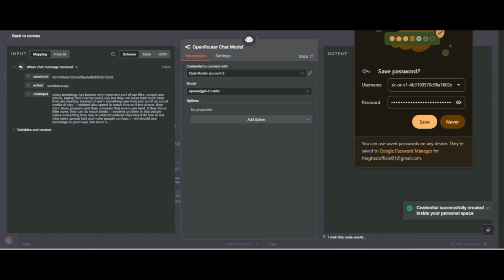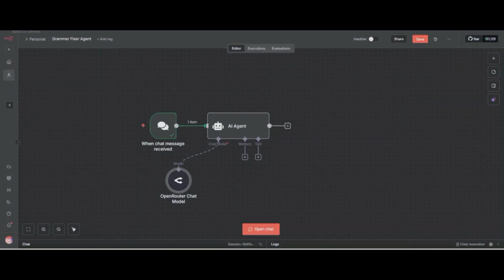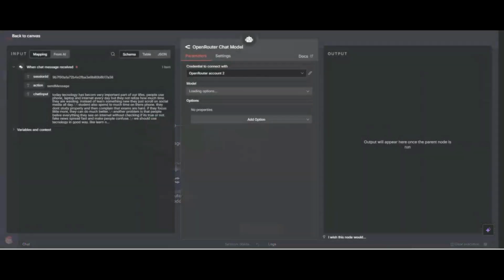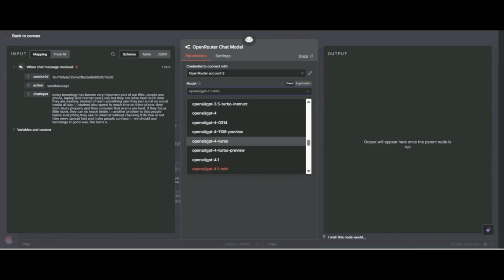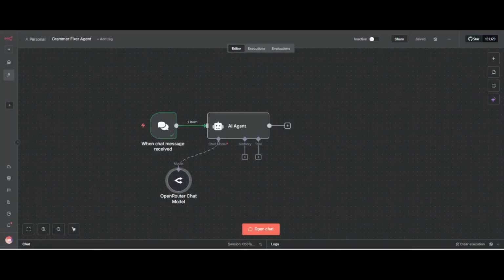So now we have connected our OpenRouter API key, and you can use it for future AI automations. I have to save, and also you can select models, but this time we are using free credits, so I will stay with the default agent.